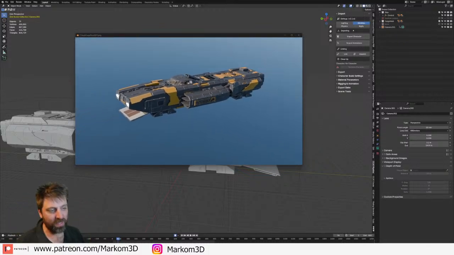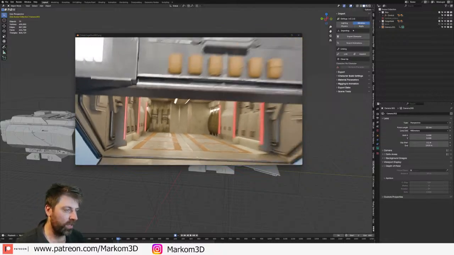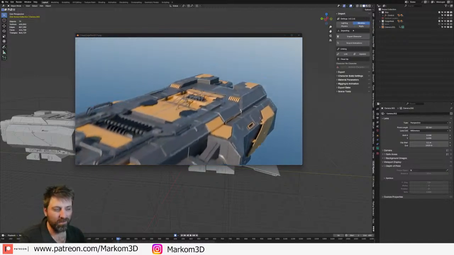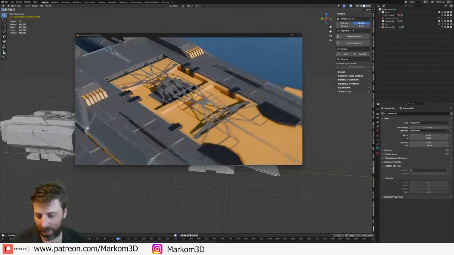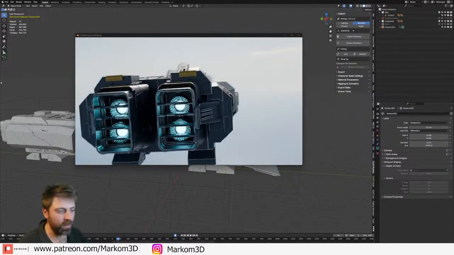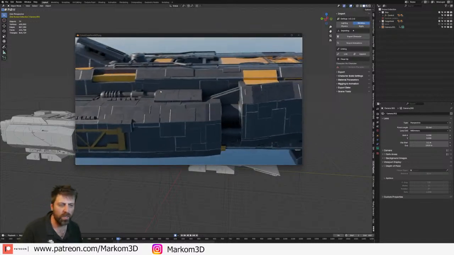So, this is what we've been working on for the past 2 weeks. I did a little bit of work on it this week. So, finished off the interior. Kind of did this animation. Probably could be better, but I'm okay with it for now. Because, I mean, it was more of a test thing to make sure that the materials are looking nice, so